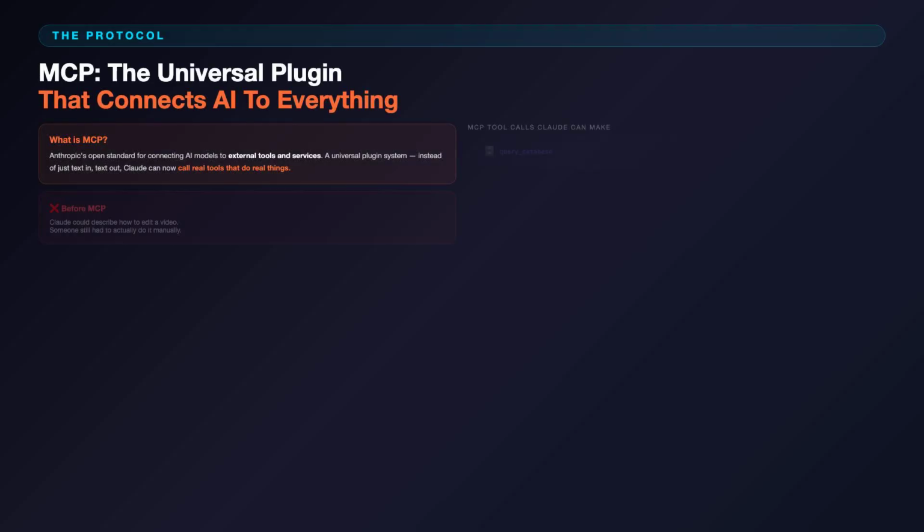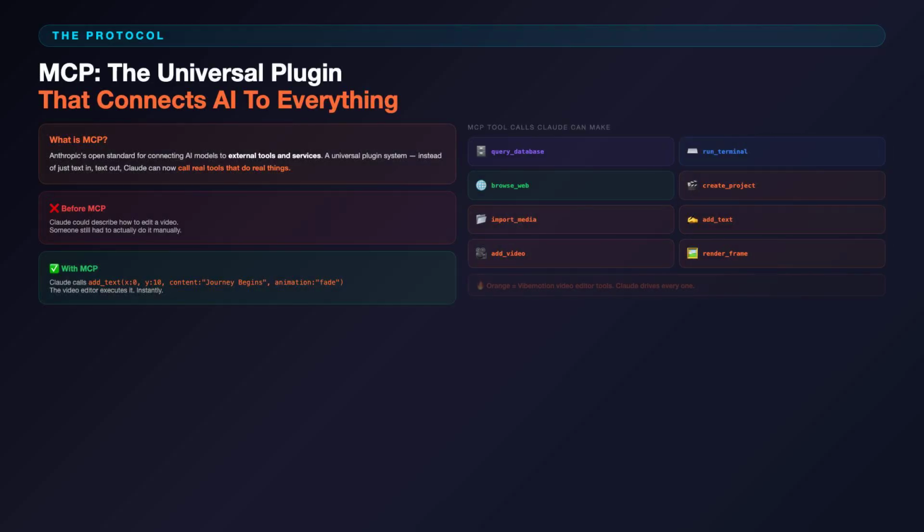Before we get into the demo, a quick 30-second explainer on MCP, because this is the technology that makes all of this possible. Model Context Protocol is Anthropic's open standard for connecting AI models to external tools and services. Think of it like a universal plugin system. Instead of an AI only having access to text, MCP lets it actually call real tools that do real things. It can query a database, run a terminal command, browse the web, or in this case, control a video